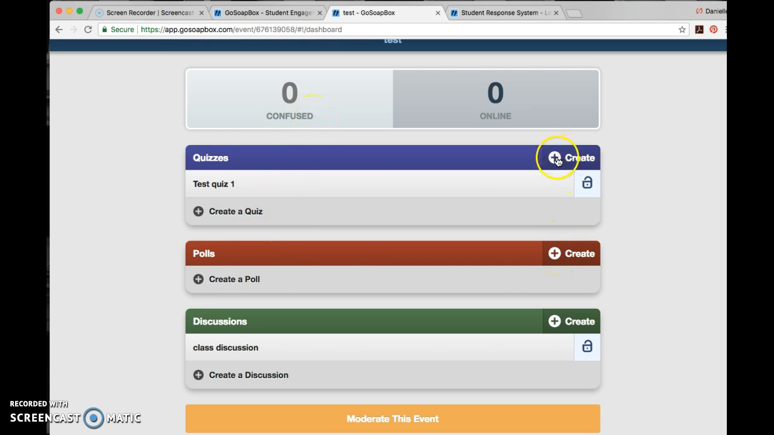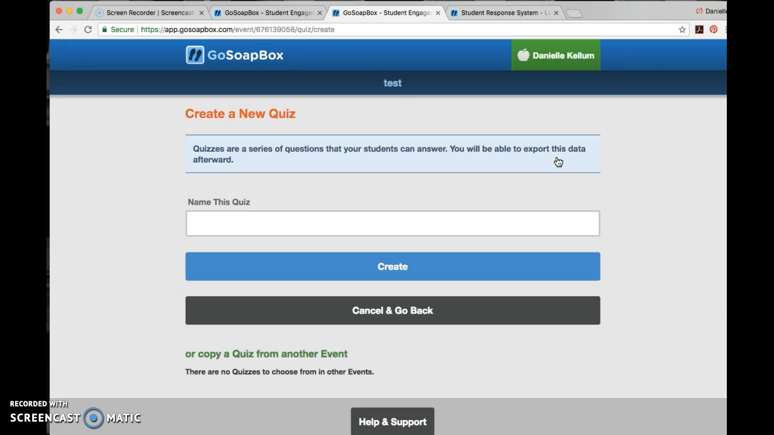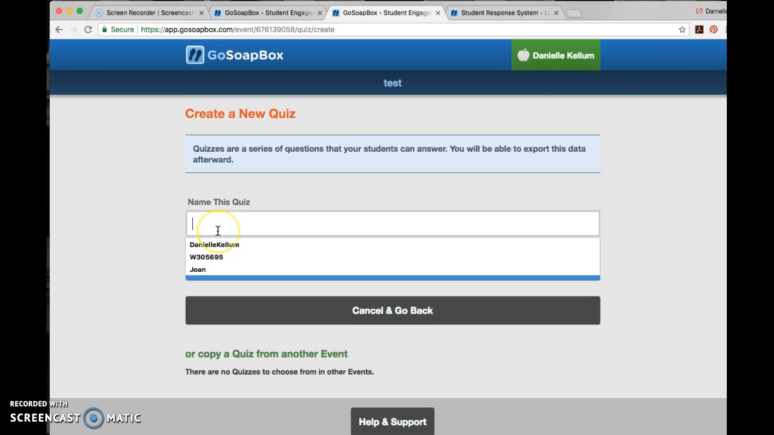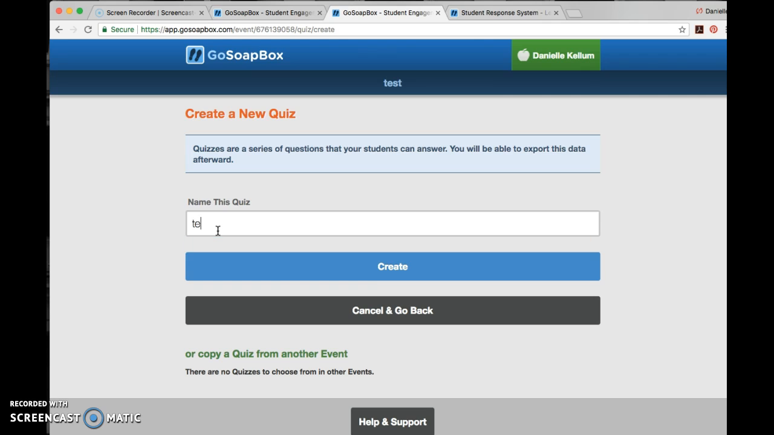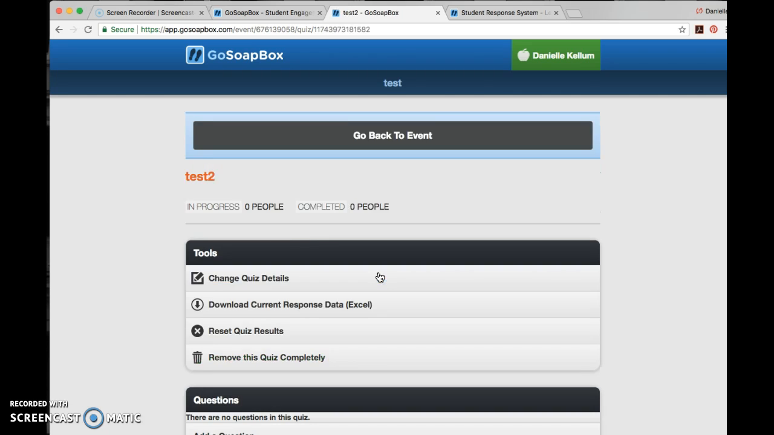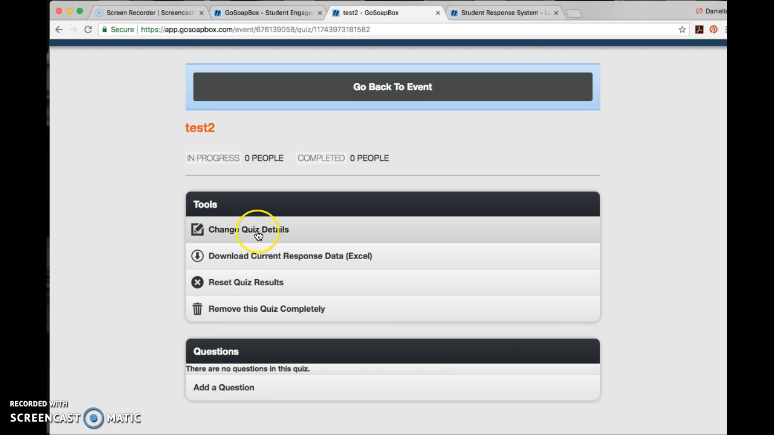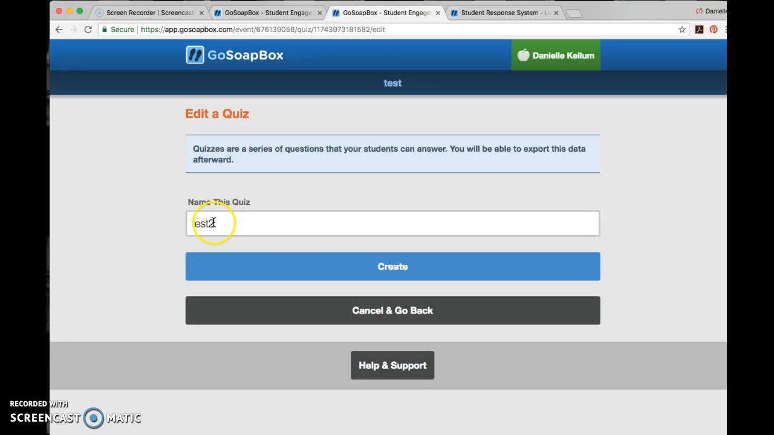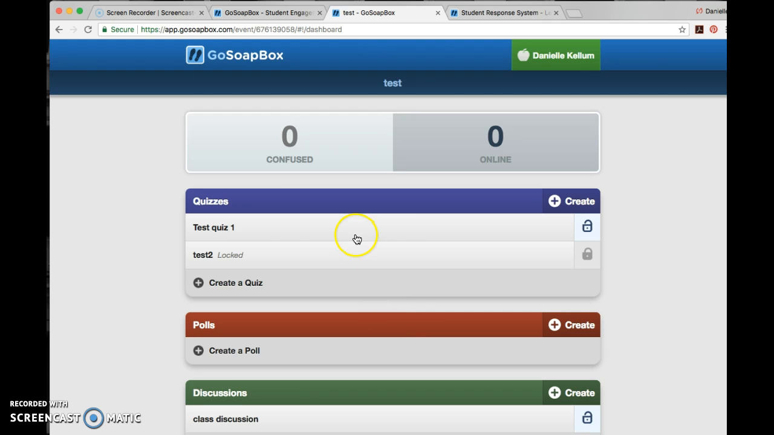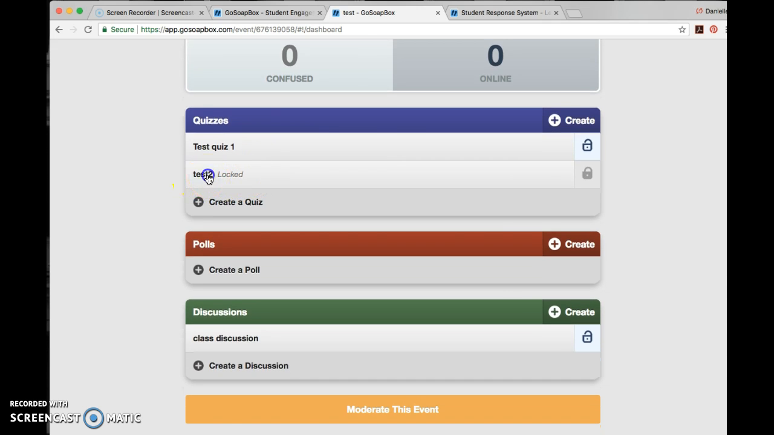To create anything, just hit the Create button. You can name the quiz, we'll call this one Test 2, and hit Create. And that's all there is to it. We can now change quiz details if we'd like. We can export data, we can import data, we can change the name of it, we can decide we're going to cancel it and go back. We have a quiz